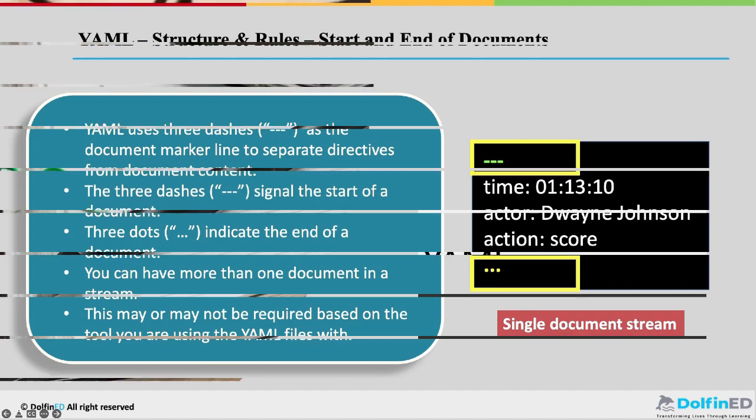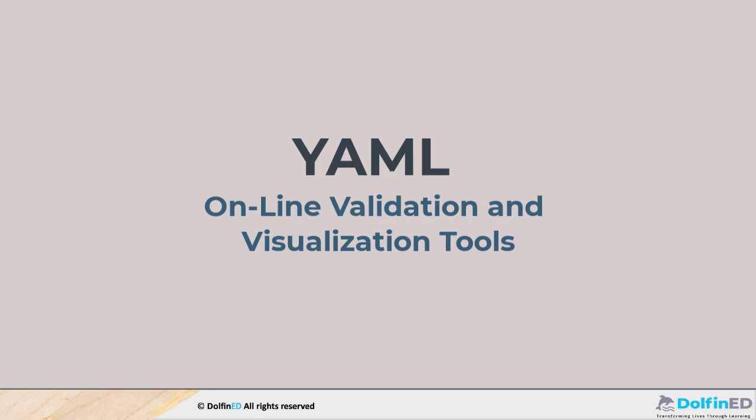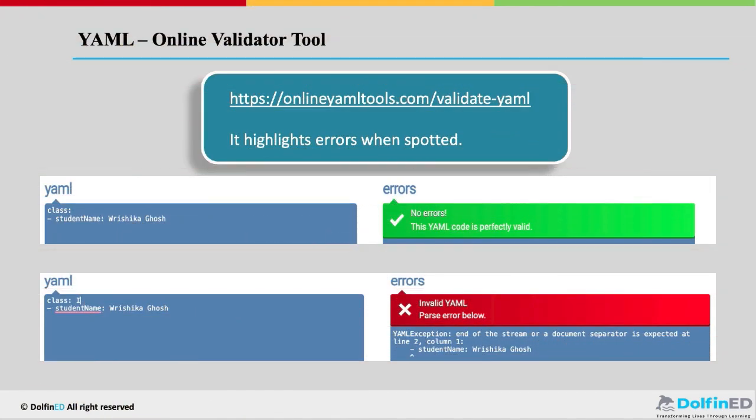There are some online tools that you want to use in order to find out if you are making any mistakes, if the YAML script that you have written is a valid one, or if you have some errors. Also, there are tools that will help you view the result of your YAML file. So let's look at these two. The first one we need to introduce is the online validation tool. There are so many of them on the internet, and here's one of them, the online